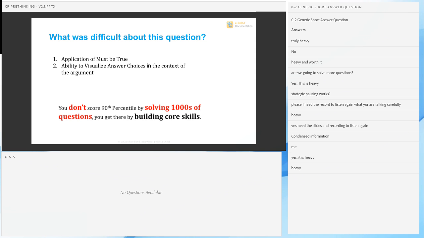Strategic pausing works beautifully. Yes, absolutely. People who get to V45, V46, V47 don't focus on solving questions quickly. They focus on making sure that everything they answer, they are 100% certain, or as my co-founder says, 110% certain about it. If you can build that habit, if you can have that control over yourself, then you're going to succeed.